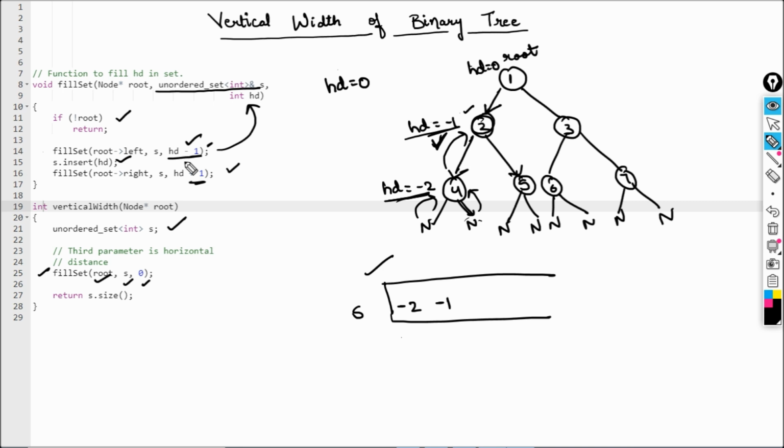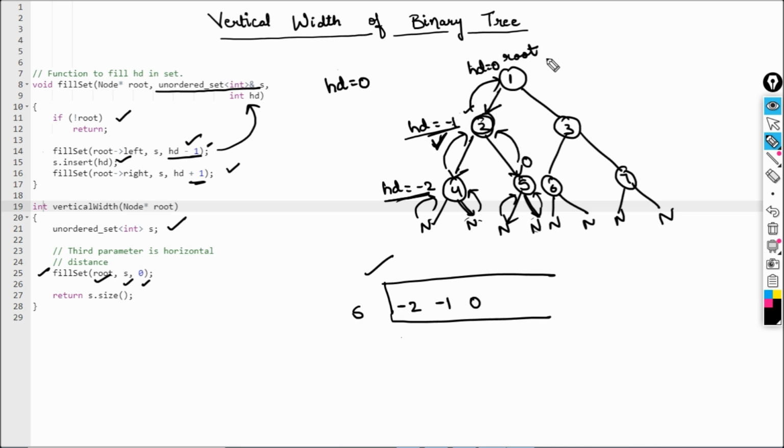And before that you have to do ht is equal to ht plus 1, because you are making a call on the right side. So minus 1 plus 1 will become 0. So here we have 0 and you made a call on the left side now. Left side is null, it will return back and it will make a call on the right side, inserting this 0 here. You have made a call, it is again null, so it will return back, right? And it will return back from here and this will return here.